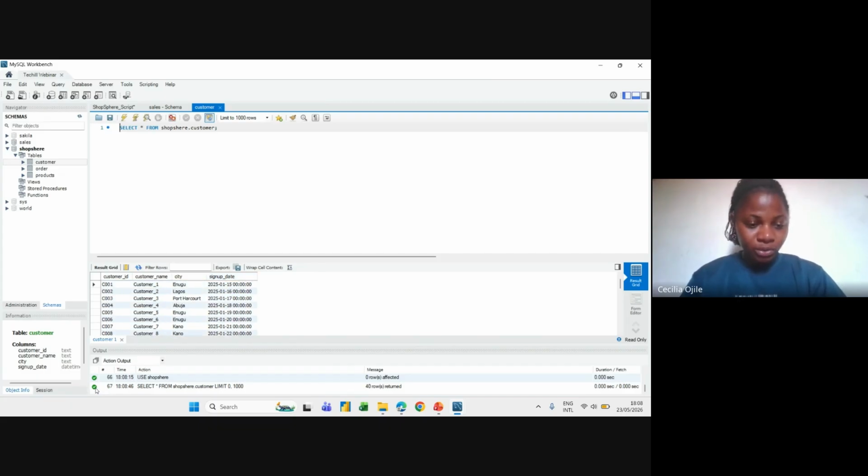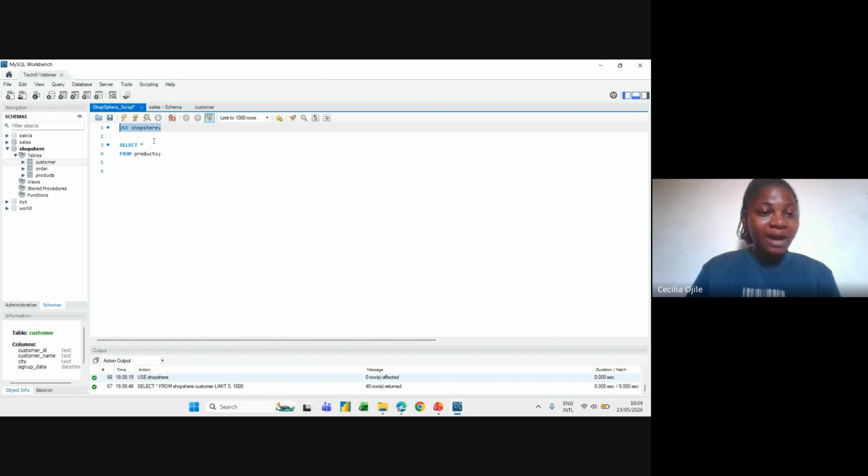I want you to always note this down, please. If you have an error or anything, it shows here. If your query was successful, it shows here. So this tick shows that it was successful. That is one way to see what is inside your data. But another way is